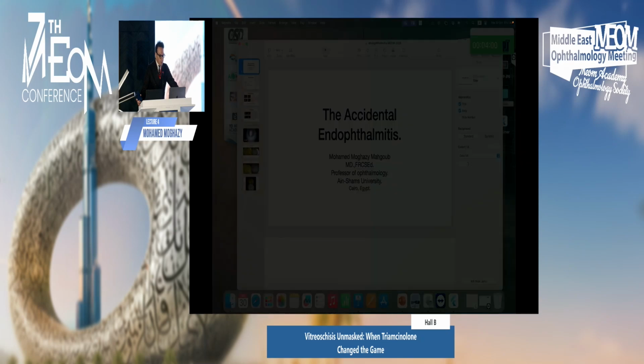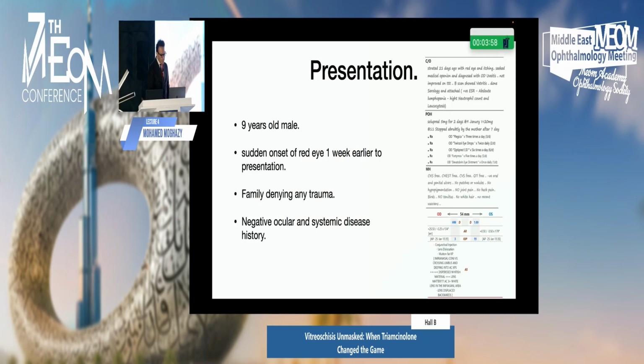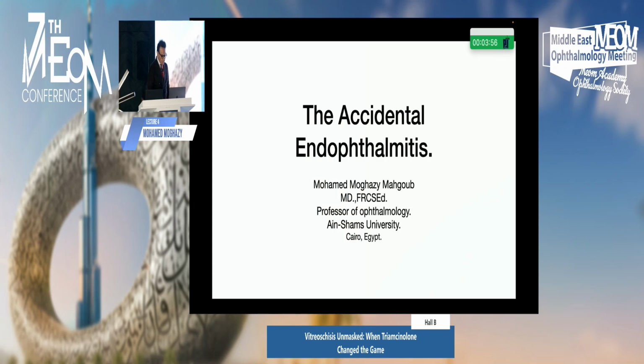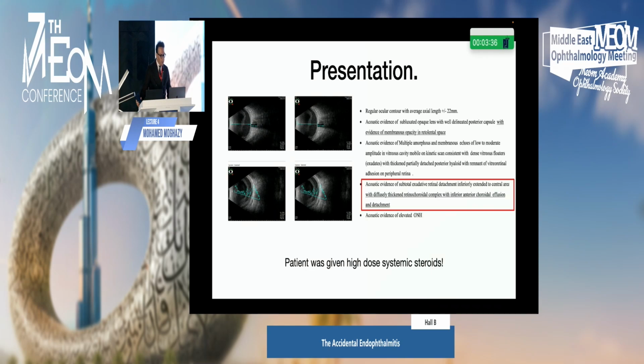Okay, so this is an interesting case that was present. A 9-year-old male with sudden onset of red eye 1 week earlier to presentation, family denying any history of trauma, and negative ocular and systemic disease history, presented initially to our uveitis clinic, and while they were doing their investigations and diagnosing him as an unknown form of juvenile uveitis, they started, of course, with the topical steroids and